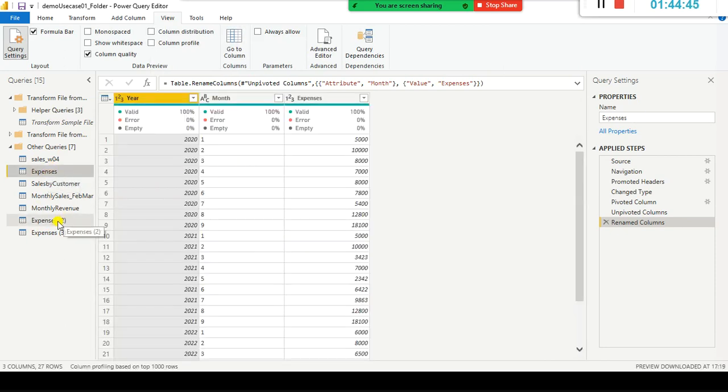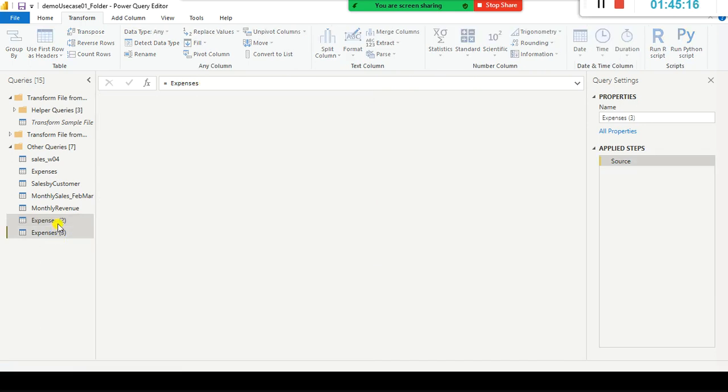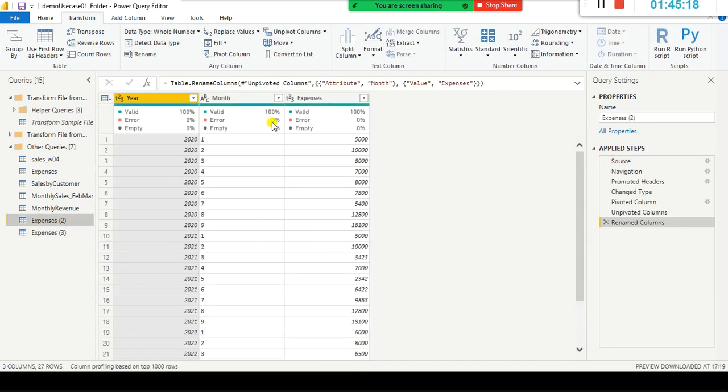For example, here I did pivoting. See, this query is meant for pivoting. This query is meant for unpivoting. My manager wants two different types of report, one unpivoted and one pivoted. If I have them separately, it will be easier for me to drag and drop into my report canvas visual. I want to keep this ready. In this case it's all just 2 columns or 3 columns, right?